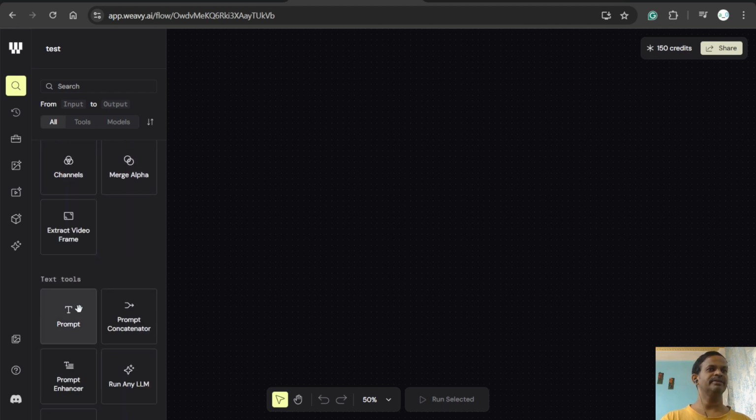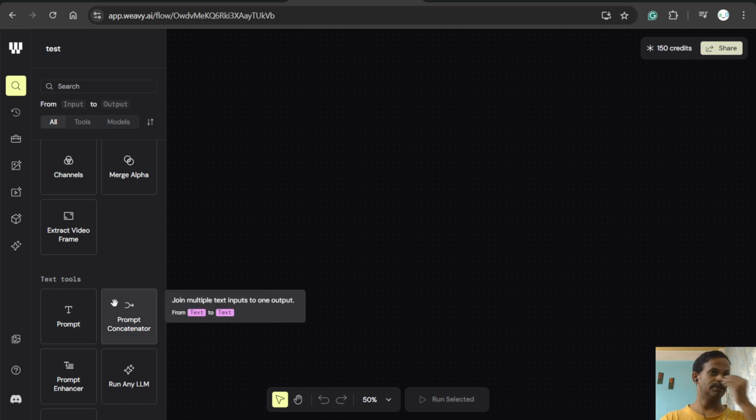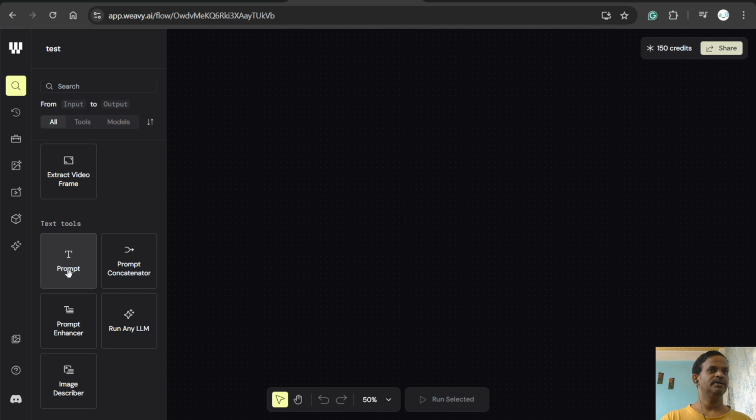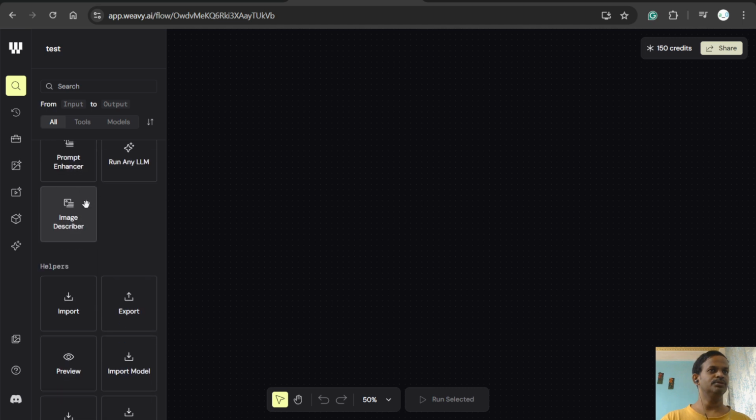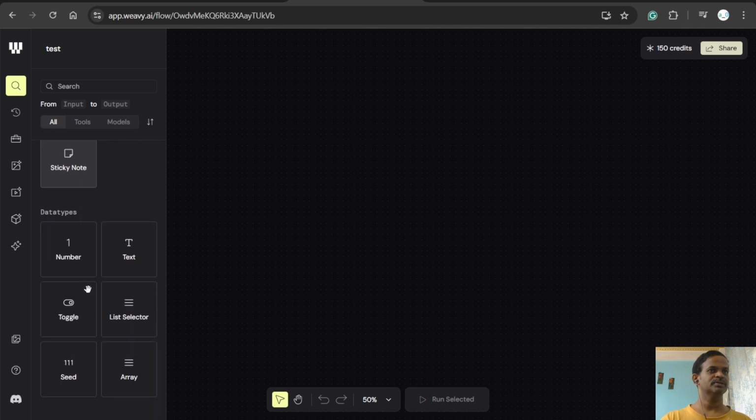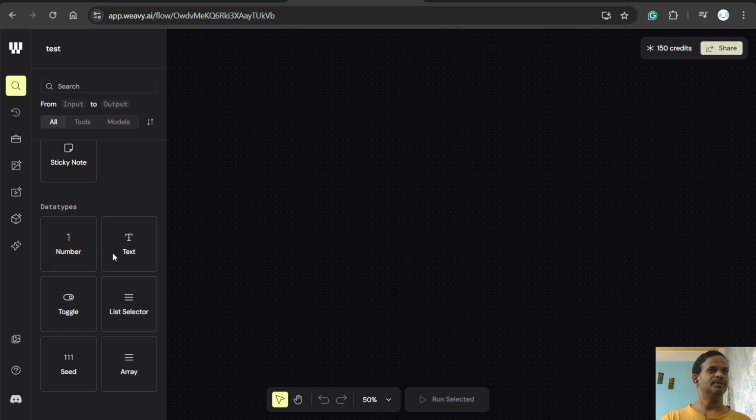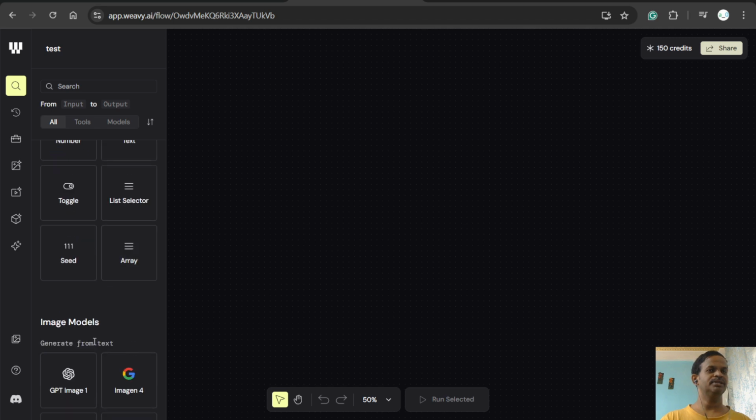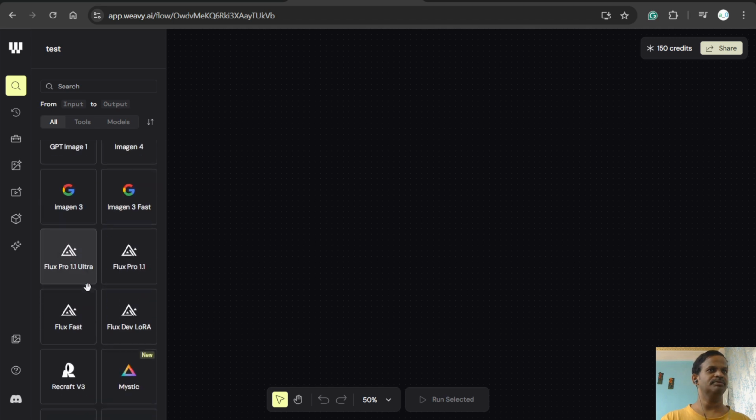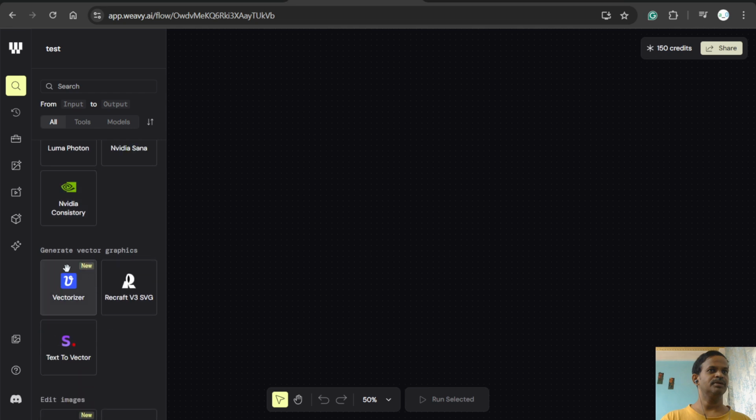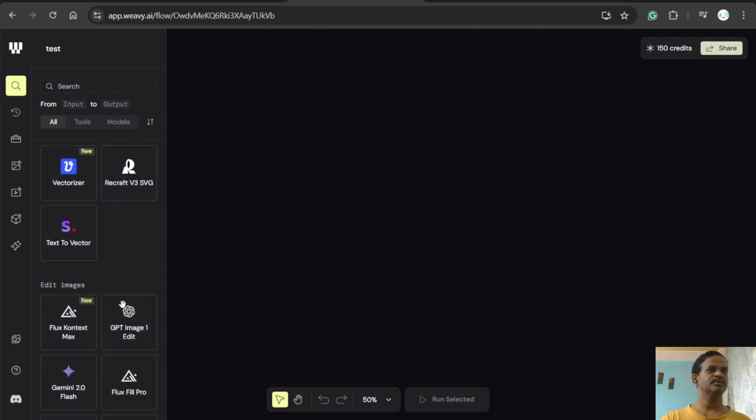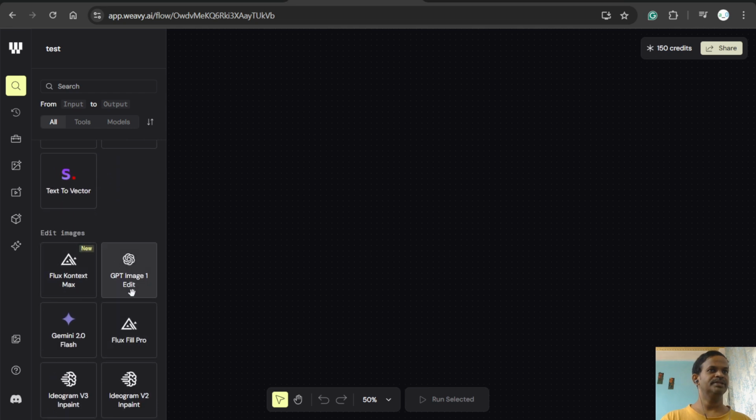It's like having Photoshop, a similar kind of Photoshop tools. We can see here prompts, text tools, helpers, data types, numbers. Okay, so it seems a complete package. Image models as well, video, generate vector graphics. Okay, edit images,